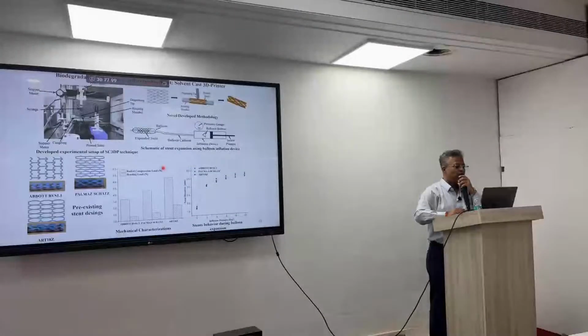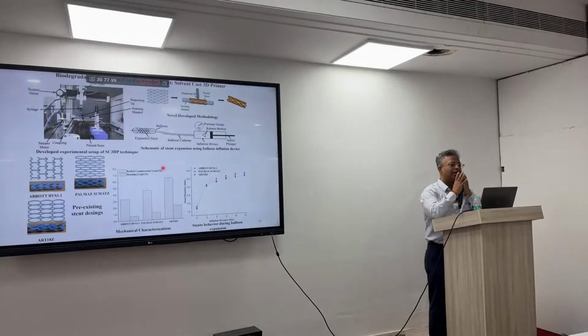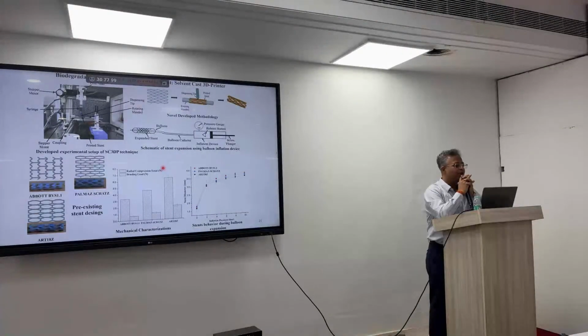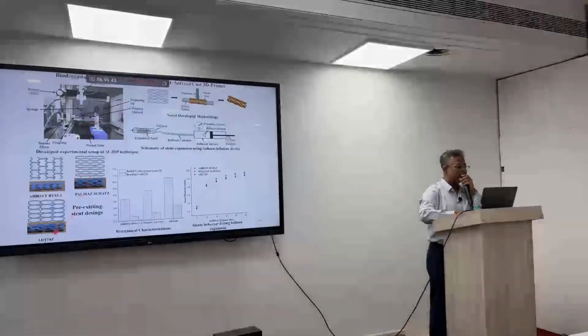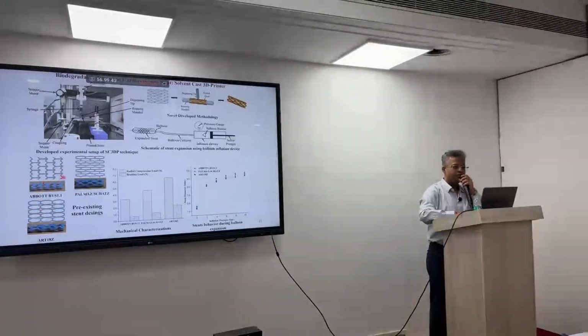So, let me show you that in Additive we have done some biomedical engineering work. We have developed our own printer that is pattern deposit in stents, cardiovascular stents. And the stents are like this. On this rotating rod we are depositing, and we have developed our own biodegradable material ink. I am able to deposit these kinds of cardiovascular stents, and these stents have been tested with angioplasty